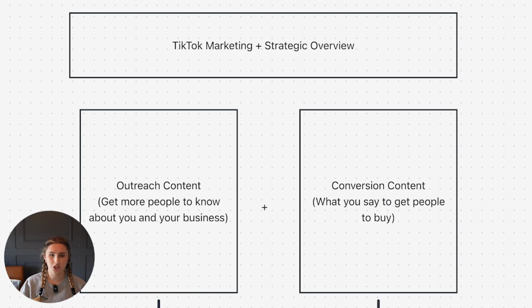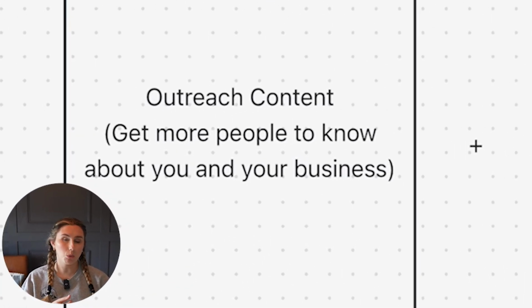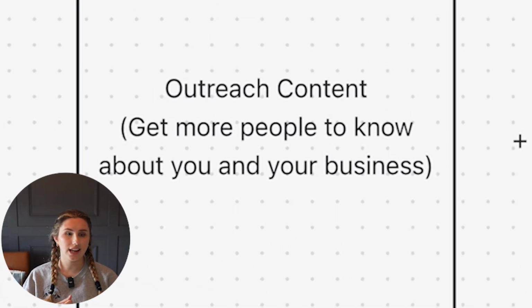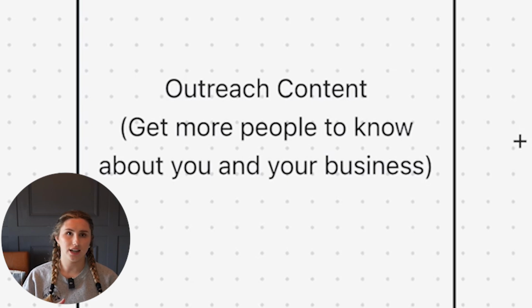So when it comes to creating sales with your TikTok content, there's really only two types of content that you actually need to be posting. Number one is going to be your outreach content, and number two is going to be your conversion content. So outreach content is what is going to attract new people into your audience. This is also your viral content. So this is what is going to go big, get lots of views, lots of comments, get people's attention,